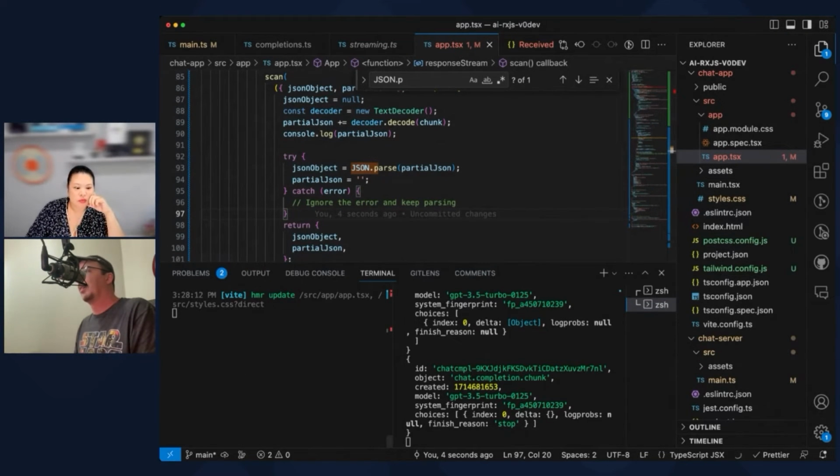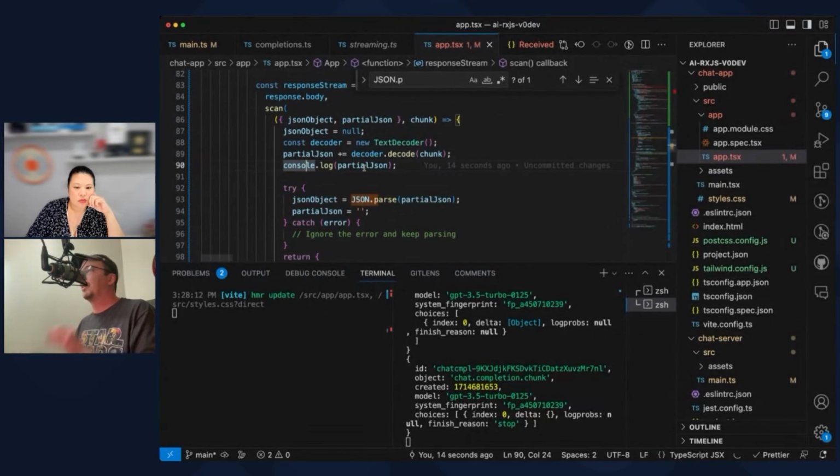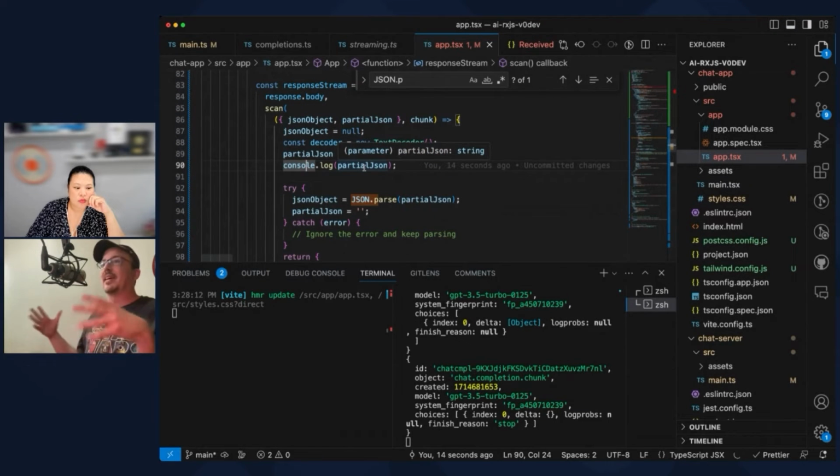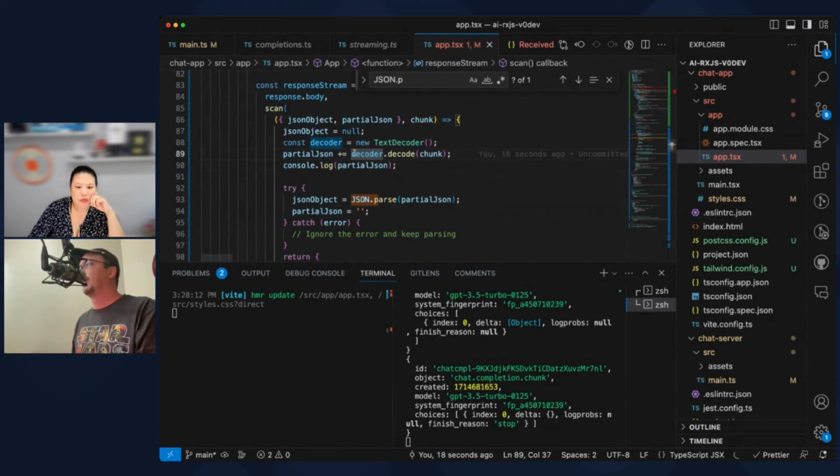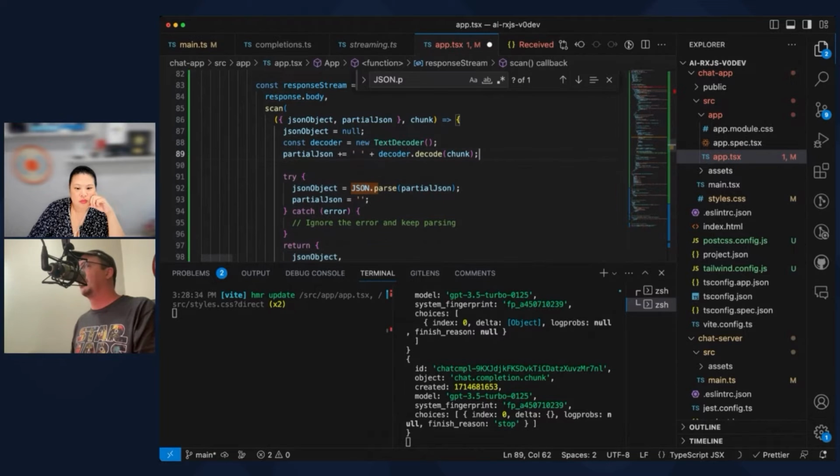Oh, I know something else I can do in this, but hold on, we'll try. All right, so here's the other thing. Apparently I never actually get the end of a JSON. So what I'm going to do now is purposefully add in a new space, and then I'm going to try to log it or try to parse it here. If that doesn't work, I am going to try one more thing, which is to